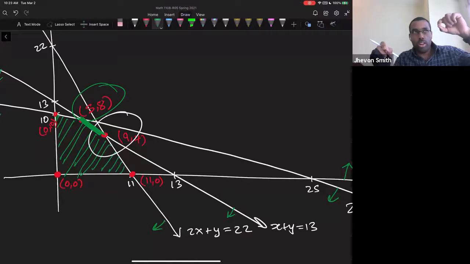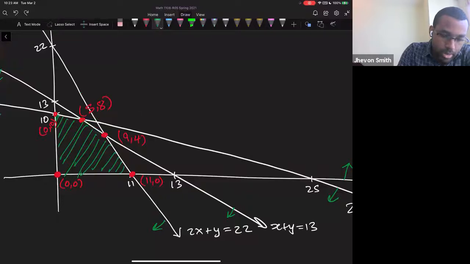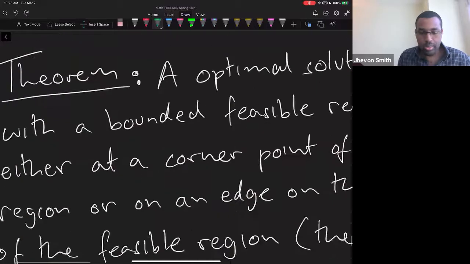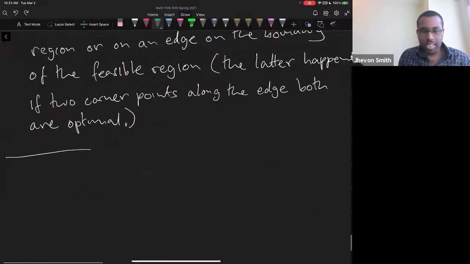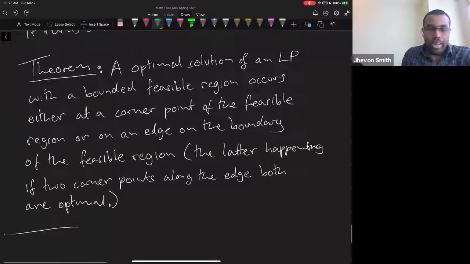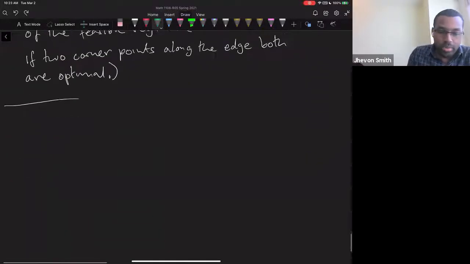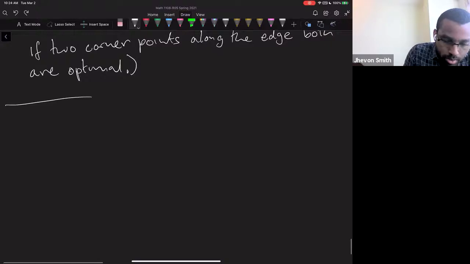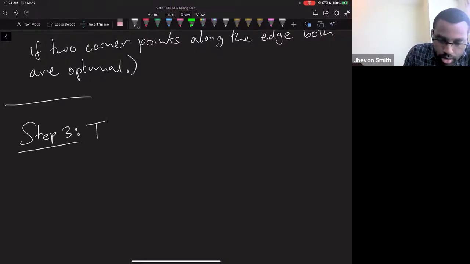Once you have two points that are a good solution, all points in between them along that edge is also an optimal solution, right? So that's what this theorem is telling us. The best possible scenario will occur at a corner point or at an edge in between two corner points, which is interesting, but we'll talk about it later. But that tells us what step 3 is going to be: test the corner points